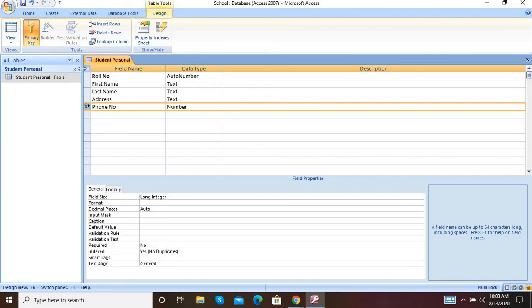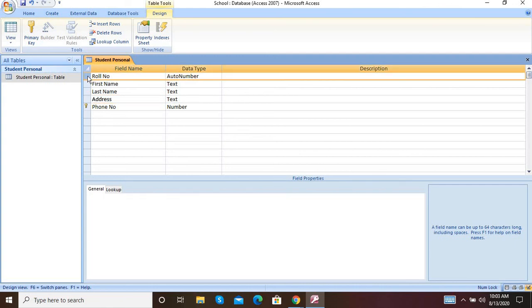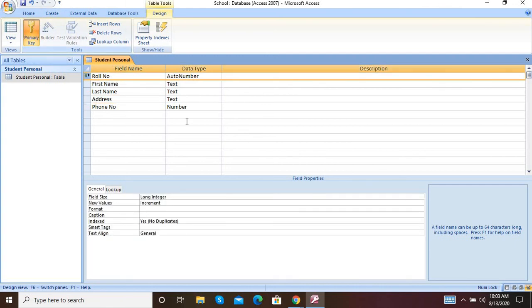That's why roll number cannot be repeated, because every student has their own roll number in one class, right? So roll number is our primary key. Select the roll number field and click on primary key. So the primary key shifts to the roll number field.